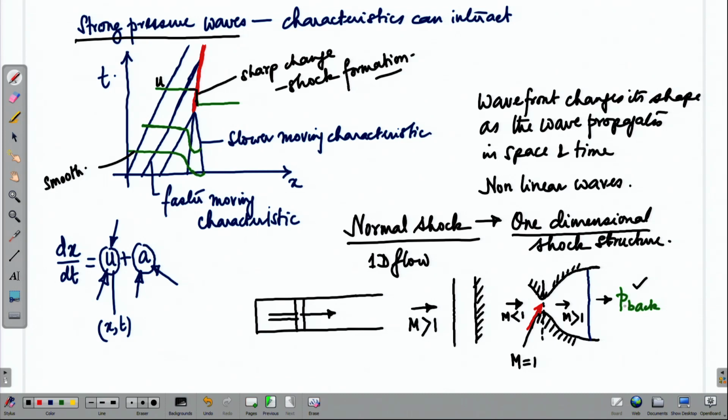Why at all is a normal shock formed? From a molecular motion perspective, we have tried explaining it earlier from the characteristics point of view. Now, let us try to explain it from the microscopic point of view, that is through the molecular motions. So, molecules are moving around in the gas,